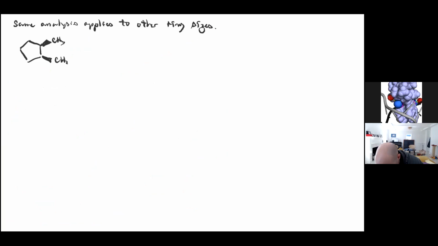And so if we consider a 5-membered ring, so cis dimethylcyclopentane, there's a sigma plane of symmetry cutting right down the middle of that molecule. And so it is achiral. If you look at the trans diastereomer,